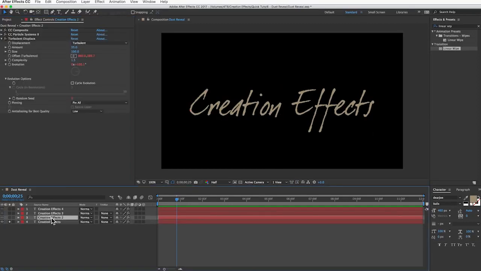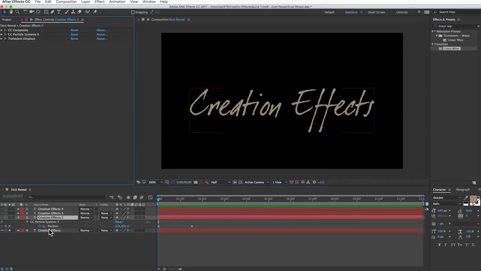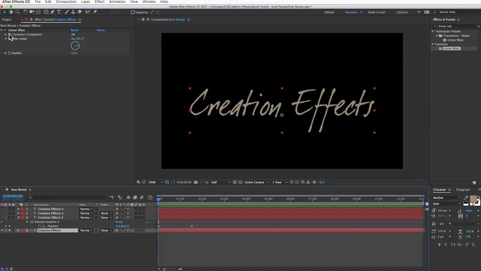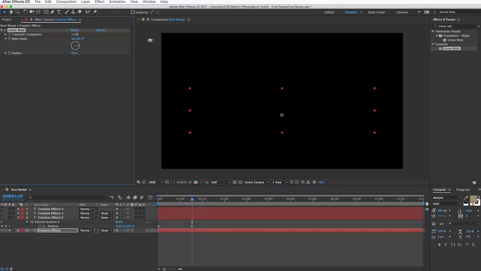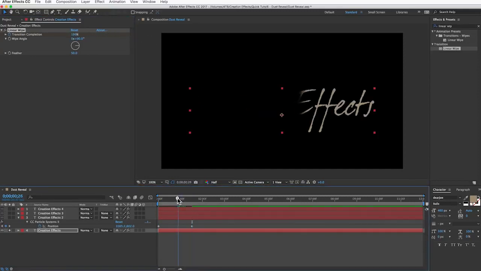And I'm going to reveal the keyframes for one of these top layers, and we can use these as a guide. So I'll go to that first keyframe and add a transition completion keyframe at 0, and then go forward to that second keyframe we made and add a new keyframe here at 100%. And if we go through,